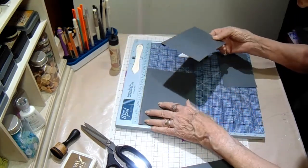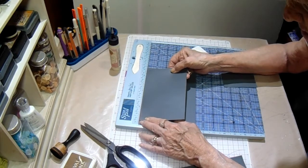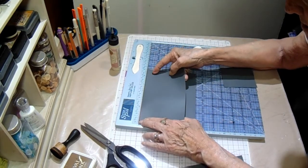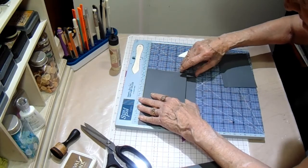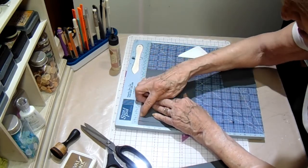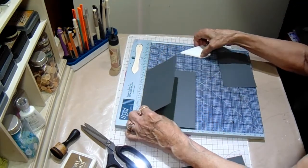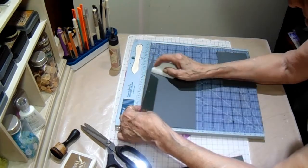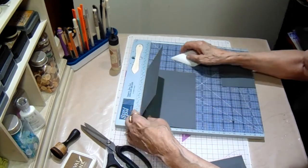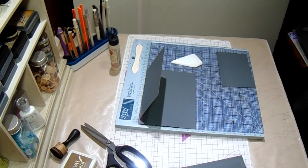Okay, want that one to lay flat so I can line it up at the 1/2 inch mark. Make sure they're both in like that. And we'll burnish that one down. And I got a little overzealous with the glue. Let me get a